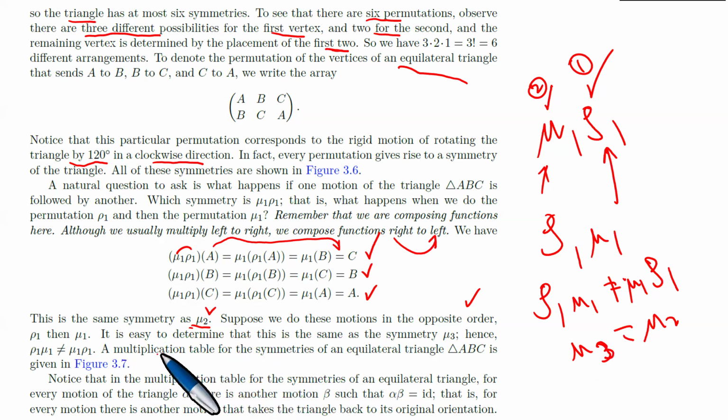Now, a multiplication table. Let's look at a multiplication table, which is a Cayley table. Obviously the TAT you sent to me is about the Cayley table and some general properties. We shall discuss the TATs in our next meeting. A multiplication table for the symmetries of an equilateral triangle is given in figure 3.7. We shall check figure 3.7. Notice that in the multiplication table for the symmetries of an equilateral triangle, for every motion of the triangle, alpha, there is